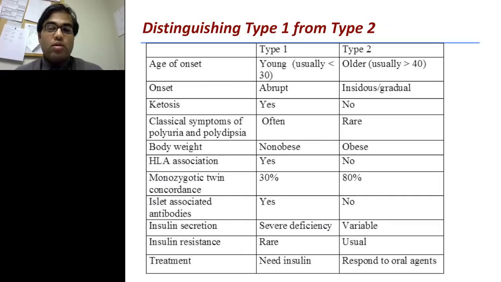So what are the differences between type 1 and type 2 diabetes? And are they usually pretty clear-cut? So classically, we've thought of type 1 diabetes as a disease that occurs in young individuals. So we used to talk about this as juvenile diabetes. We expect that these patients will have a more abrupt presentation as opposed to type 2 diabetes, which might be seen over time. The type 1 individuals may have classic symptoms of polyuria, polydipsia,